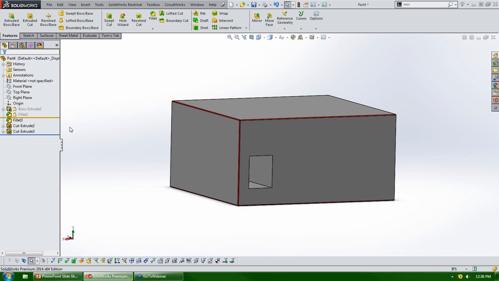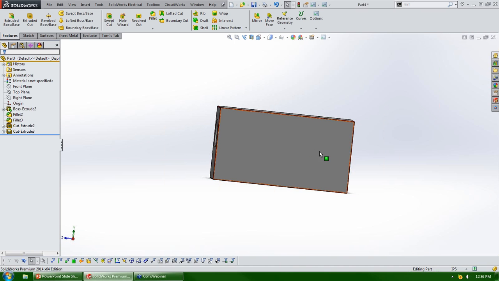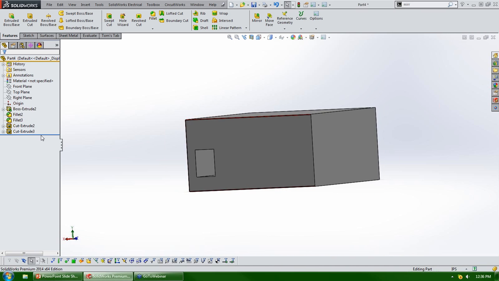So if you're dealing with a 500 feature model and you're only changing something at the bottom, I highly recommend using the freeze bar, because it'll only rebuild those items that you just created. It'll trust that those are locked down, correct, accurate, and it won't go back and rebuild those just for the sake of rebuilding them. On the other hand, let me roll this back to the top so now my model's fresh. On the other hand, we have the rollback bar,